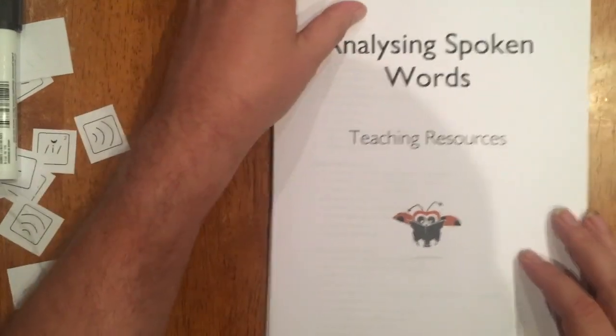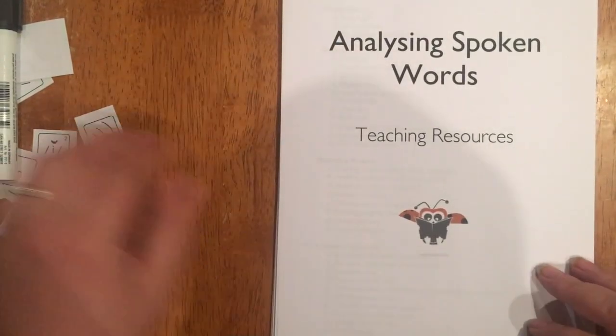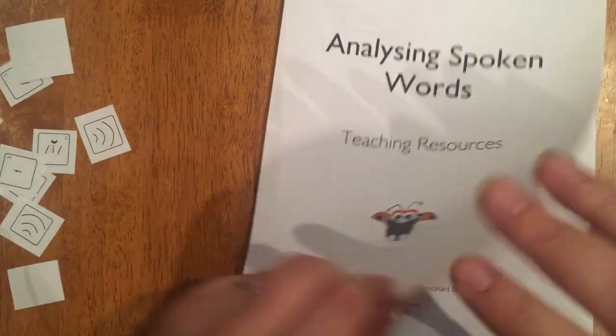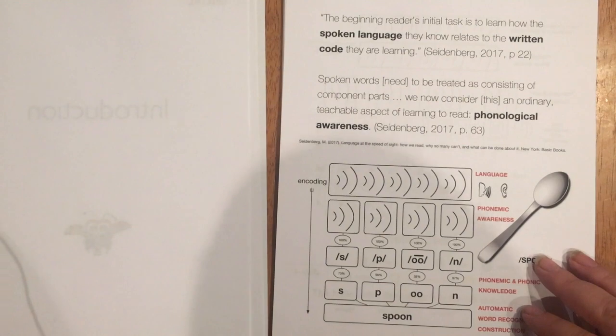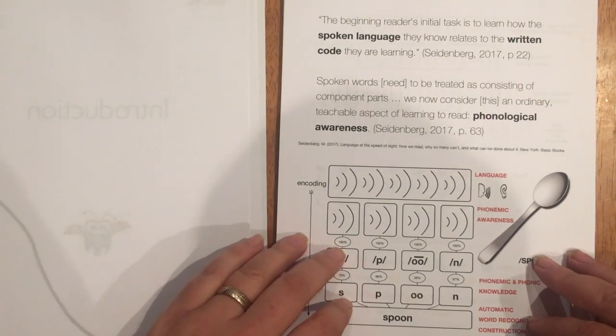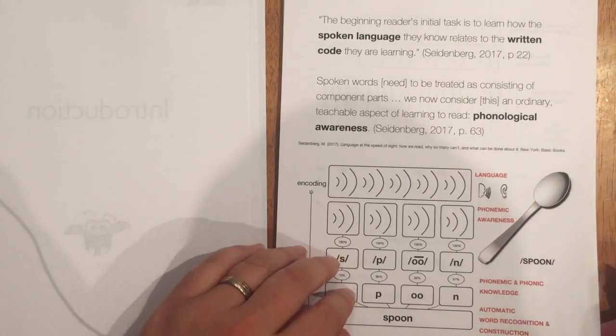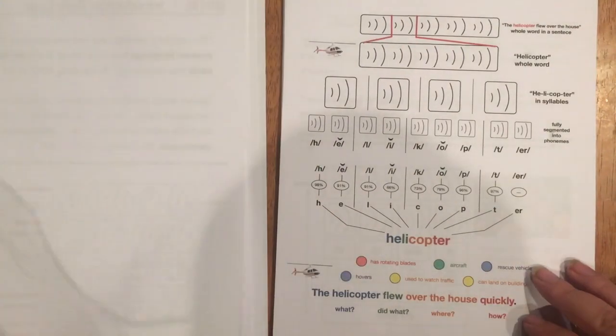Let me just take you through that quickly. In that Teaching Resources file, the activity has a table of contents. Might not be able to see the whole page there. It has a little bit of an introduction that takes some of the really key slides from the presentation that I've just shown you, and walks through those